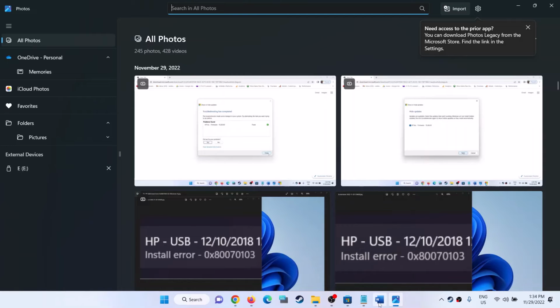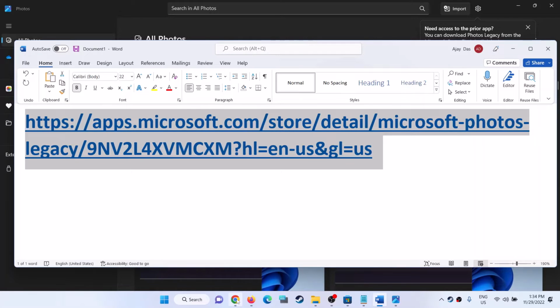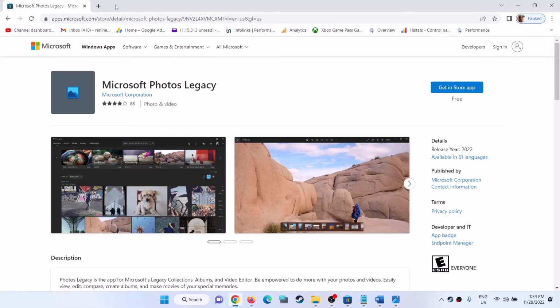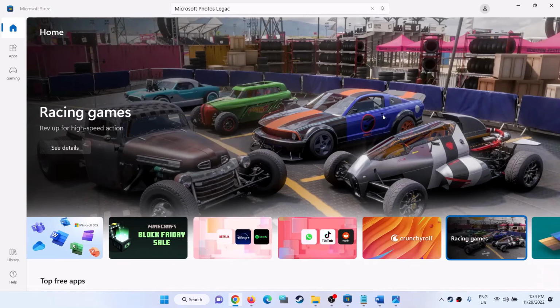So if you want to access old video editor, in that case you can copy this link. The link is provided in the video description. Open this link in a browser. It will take you to Microsoft website. Here you can see Microsoft Photos Legacy. So click on Get in Store app and it will prompt you to open Microsoft Store. So click on Open Microsoft Store